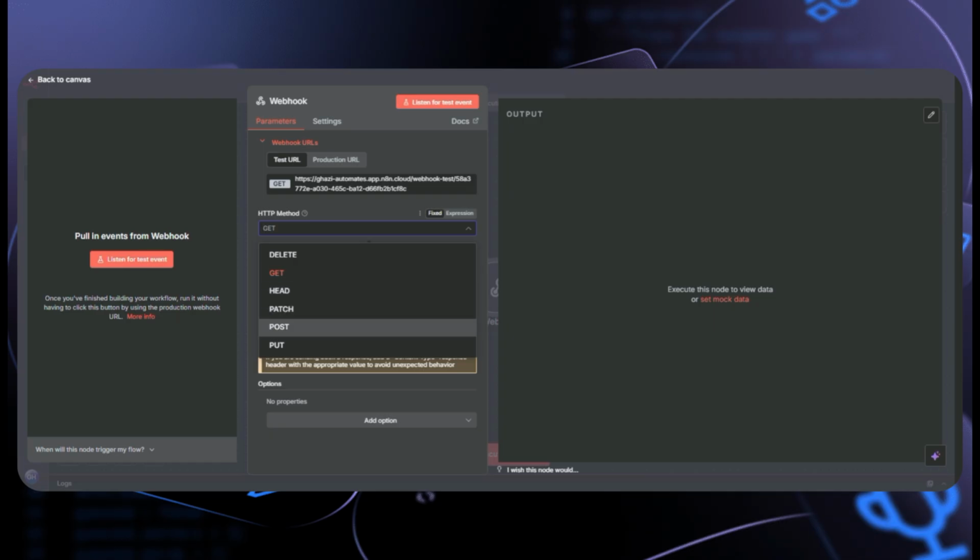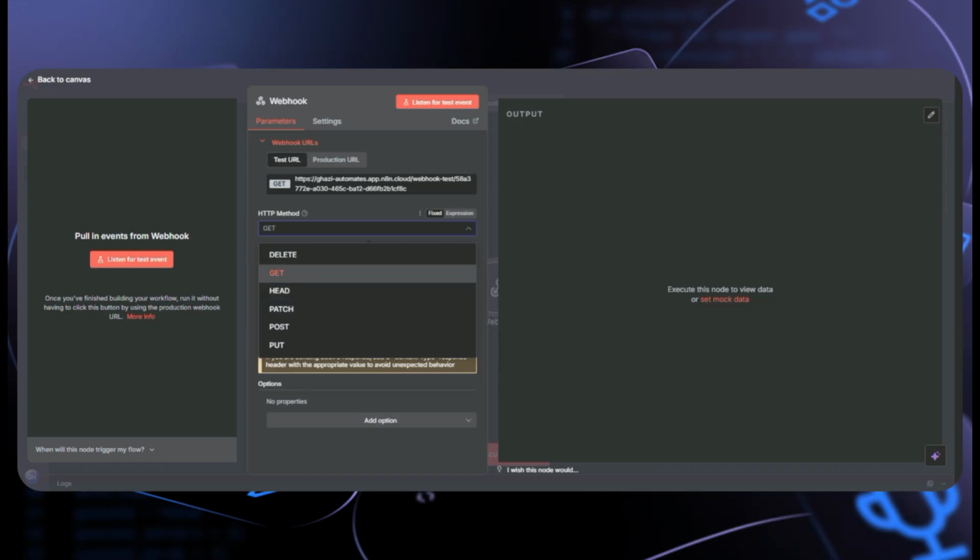There are only two options that are enough for most of the work, but you can explore this. Then there is POST, so we use POST for receiving or sending data.